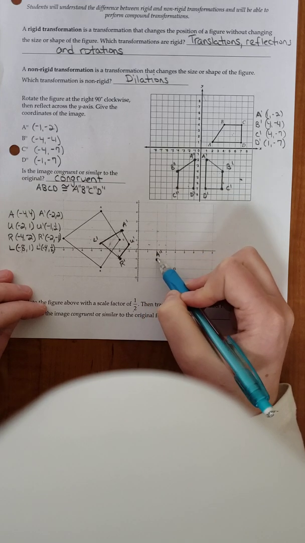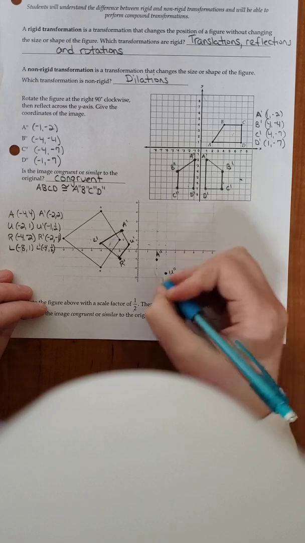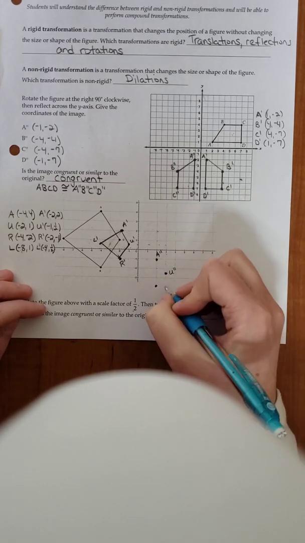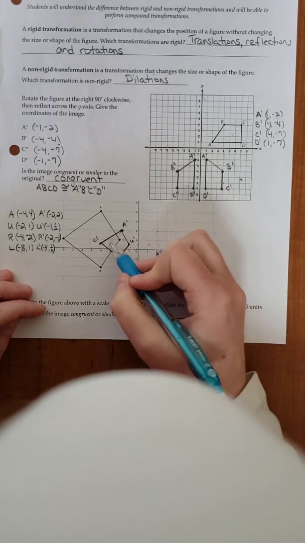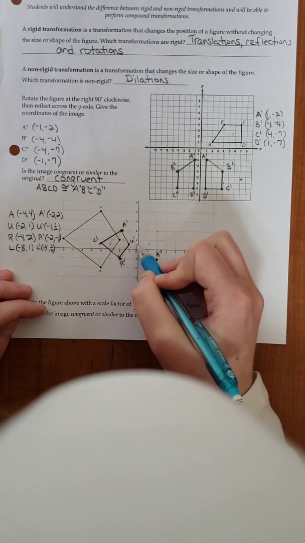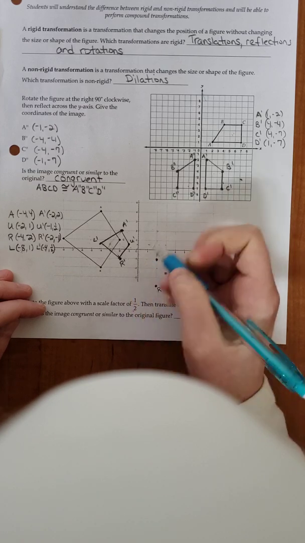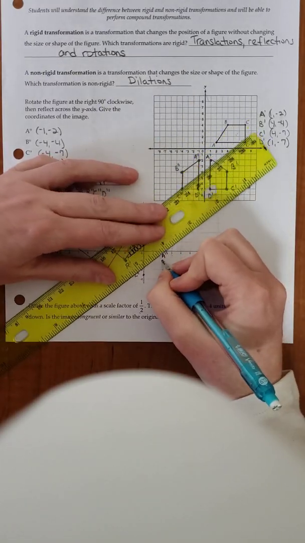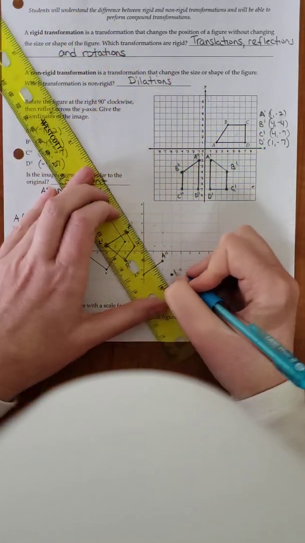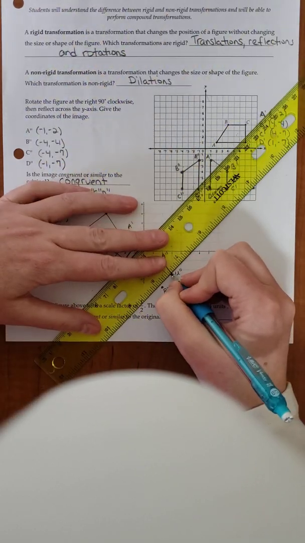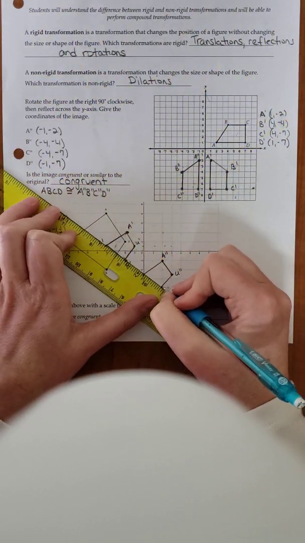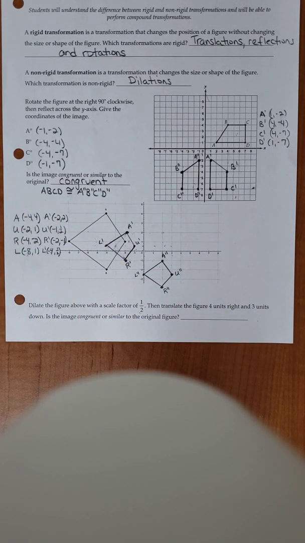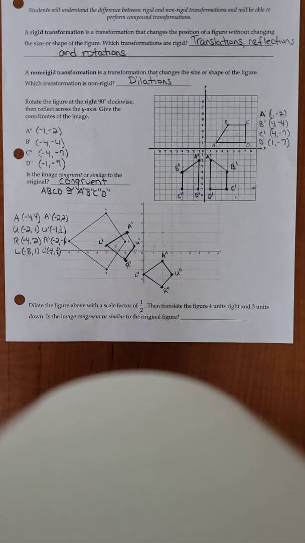1, 2, 3, 4. 1, 2, 3. Ooh, it doesn't quite fit. 3 units down. Yep. 4 right, 3 down. R double prime. And then 1, 2, 3, 4. 1, 2, 3. And connect. Make sure that it appears that they look the same, which they do, so I don't think